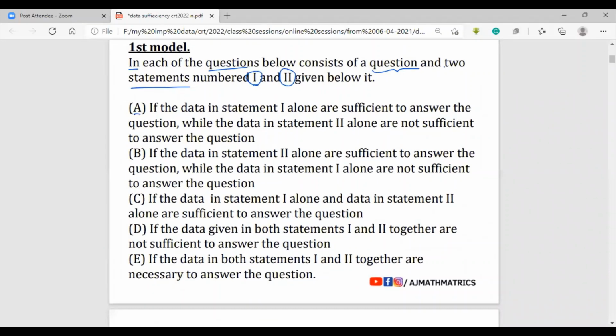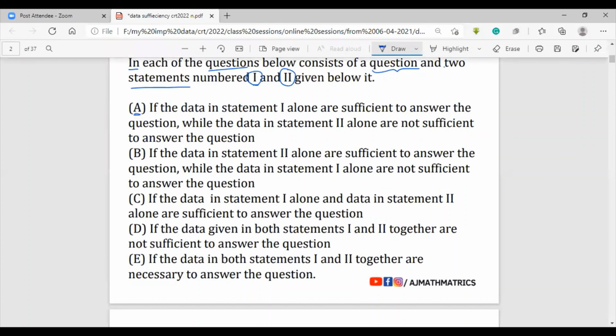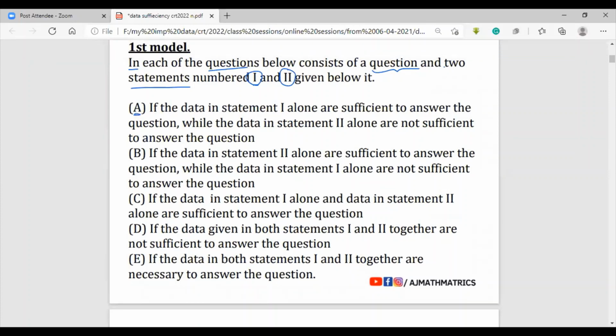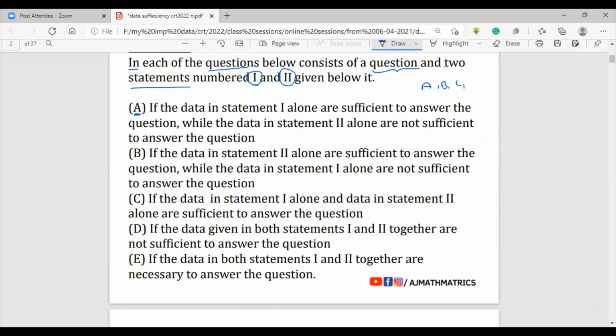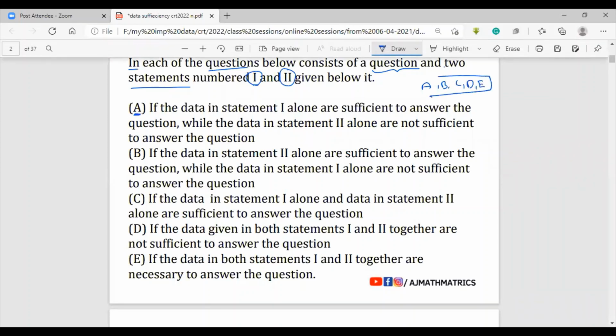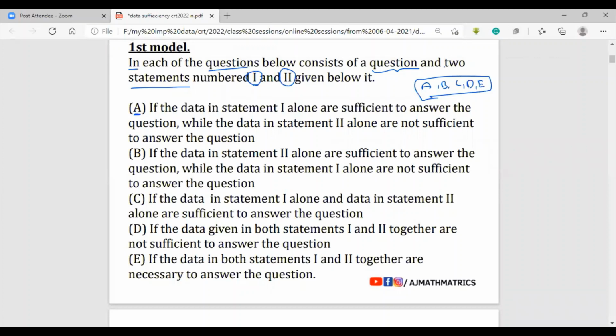See, option A. This is very clear, guys. I'm talking about option and answer very clearly, so don't get confused. The answer for the question is different in data sufficiency, and the option for the question is also different. These two are different things, so don't be confused and don't combine both. Those two are completely different. Whenever you are solving a data sufficiency question, your options must be A, B, C, D, E. Now, how do we pick A, B, C, D, E as the answers? Now I'm going to explain.